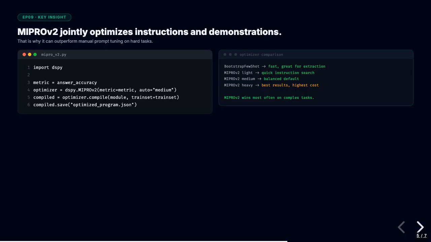Start by configuring your language model. Call dspy.configure with lm set to dspy.LM using the model name: OpenAI GPT-4o Mini for cost-effective optimization, or OpenAI GPT-4o for maximum quality. Also set your retriever model. If you are using ChromaDB, create a custom retriever module that calls your vector database. DSPy has built-in support for ColBERT, Qdrant, and others through its retrieval module system.